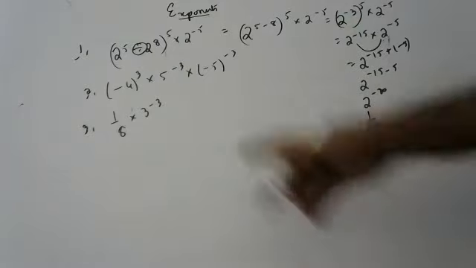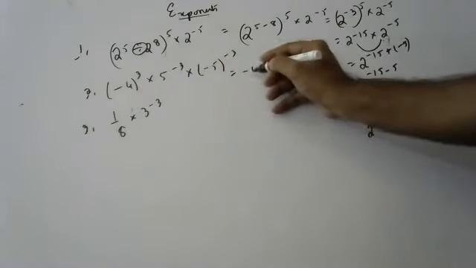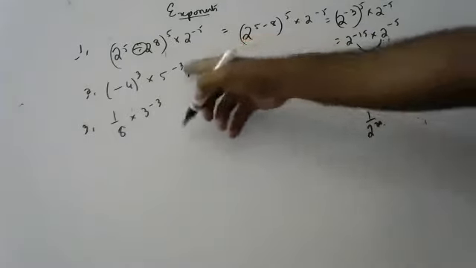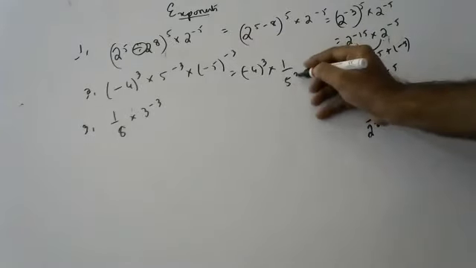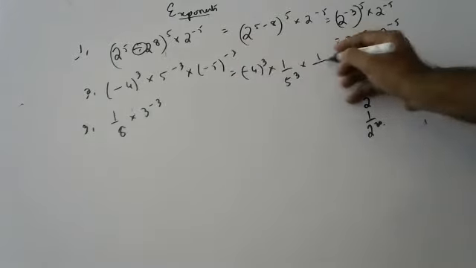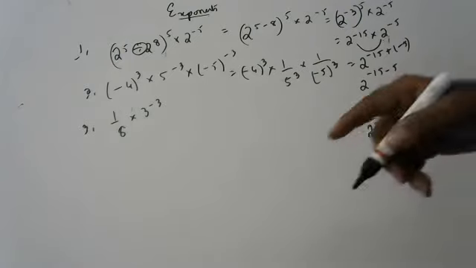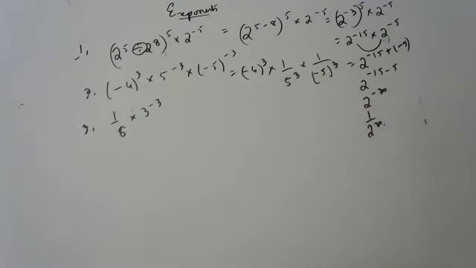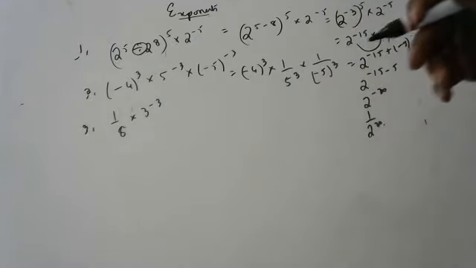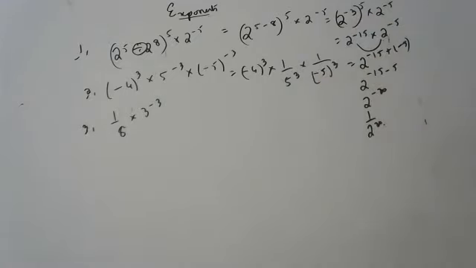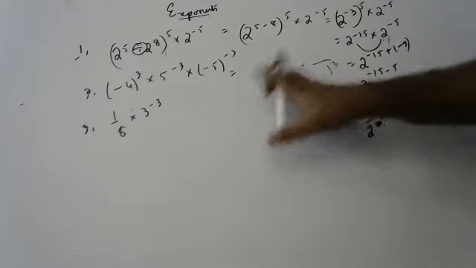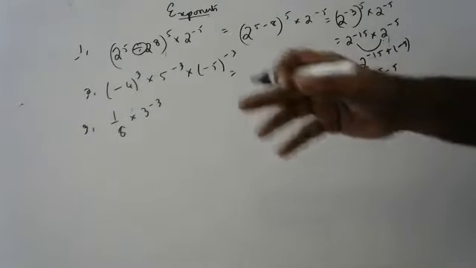Okay, children? Now here, minus 4 to the power of 3. And to remove this minus 3, we will write it as 1 by 5 to the power of 3. This also 1 by minus 5 to the power of 3. Because all of them have power 3 only, when powers are same, bases can be multiplied. I told you children, do you remember?